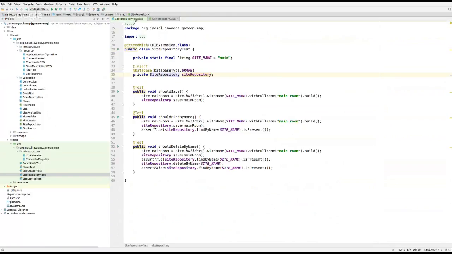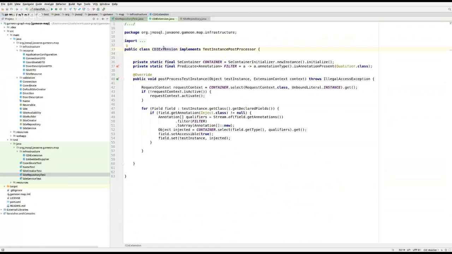So I will run this. I try to find someone, and basically that's the whole point. So basically, what I'm going to do is run this unit test. We use an extension that basically uses CDI 2.0.